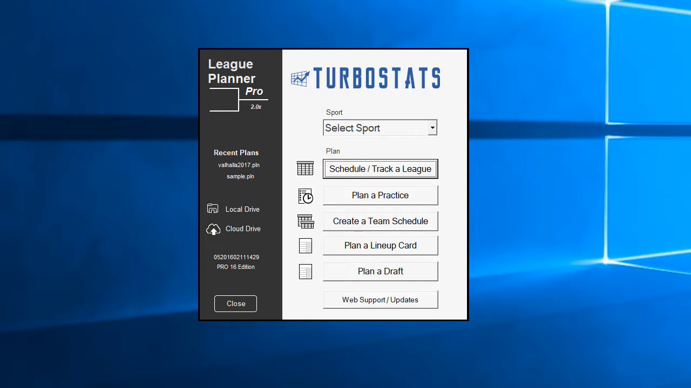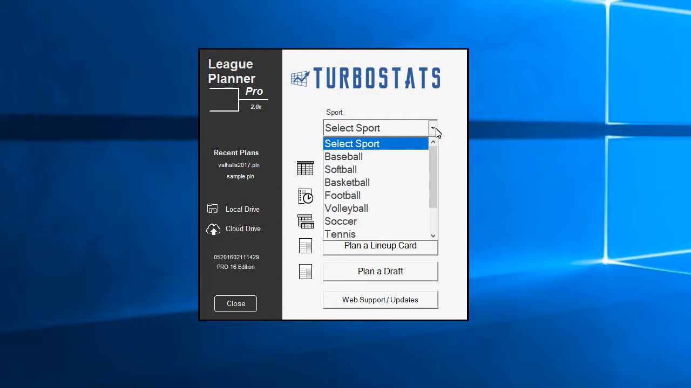In this video, we'll demonstrate how to use the new TurboStats League Planner Pro program to create a custom league website complete with standings, a score bar ticker, roster pages, and leader reports, and a bracket for a tournament or a playoff. First thing you want to do is select the sport you're going to be creating the schedule for